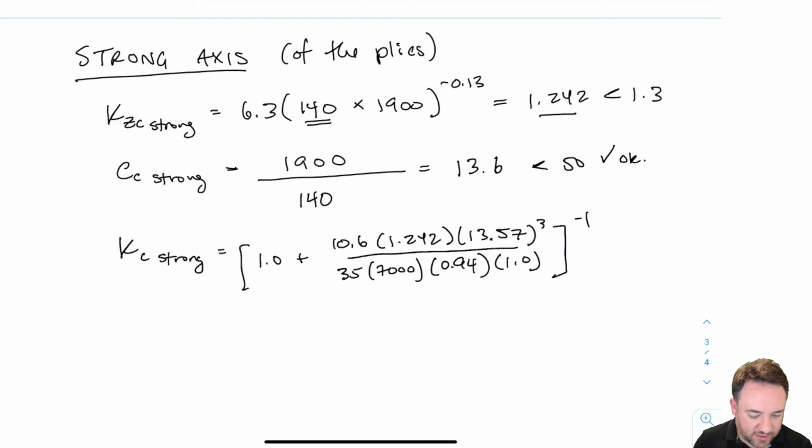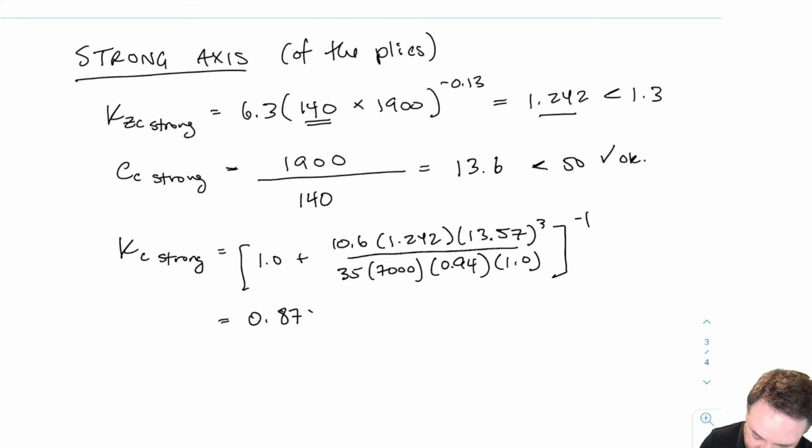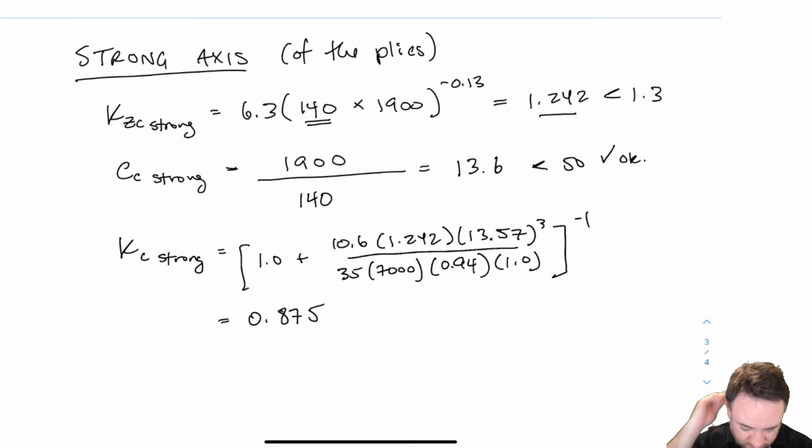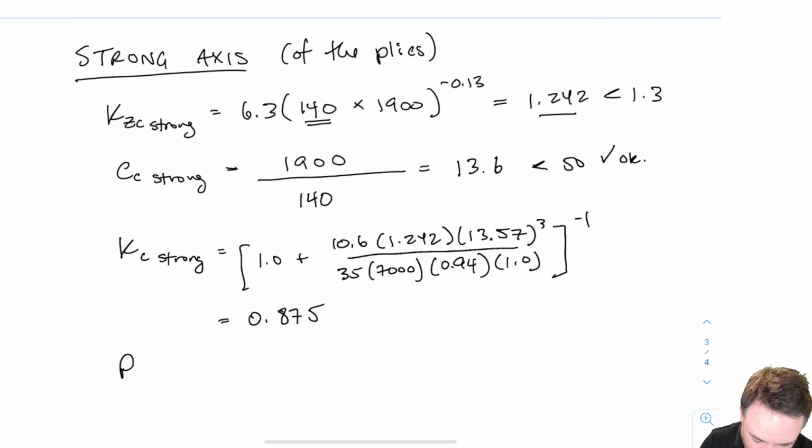And once we plug in all of those, the only things that changed were the KZC, 1.242, and the CC, which was 13.57, and we get a KC for the strong direction of 0.875. Okay, so far so good. Now we can go back to our PR, and it's going to be